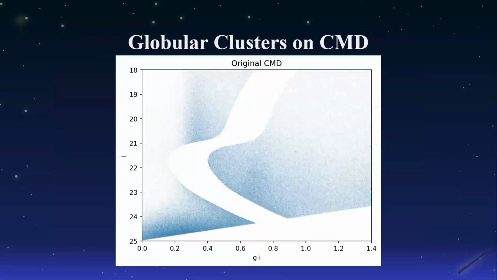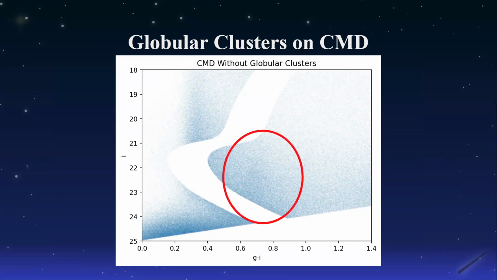And now let's see what happens on a CMD. So this is the original CMD with the globular clusters. All these red points highlighted are the points that we're trying to cut out, which are the globular clusters. Then this is the new CMD with the globular clusters cut out. So take a look inside the red circle and you can see that we are clearly removing a big concentration